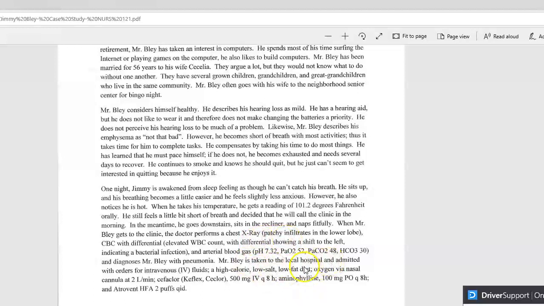I want you to think about what those represent. So I want you to think in your mind, what kind of problem does Jimmy Bly have? First of all, his pH is 7.32, which indicates that he is acidotic because the pH is 7.32, going to the left on the curve below 7.35. His PaO2 is 52, which definitely determines that he is hypoxic. His PaCO2 is 48. It's not severely or highly elevated, but it is a little bit out of the range,